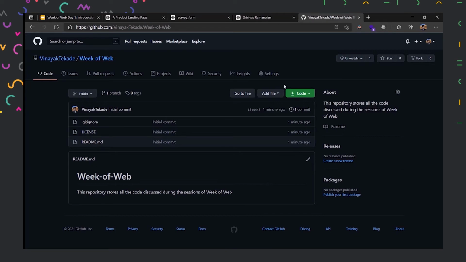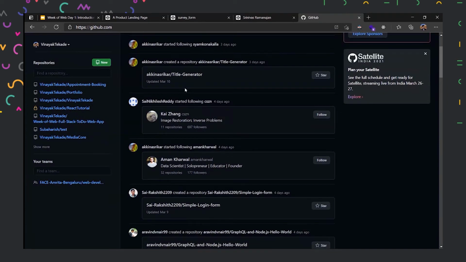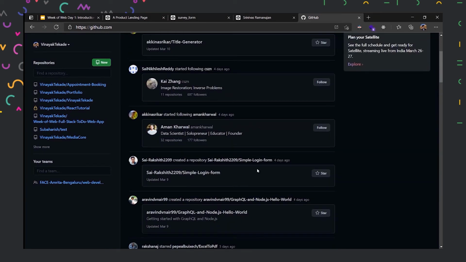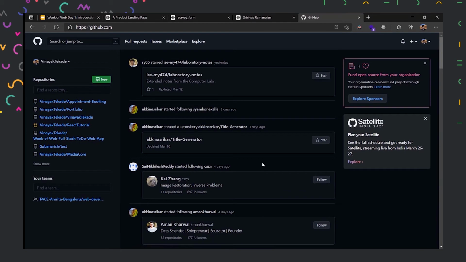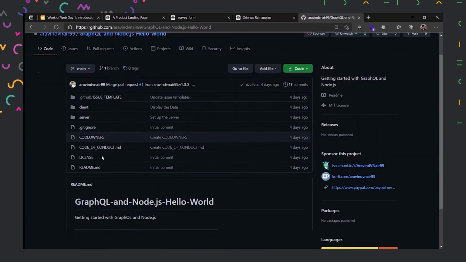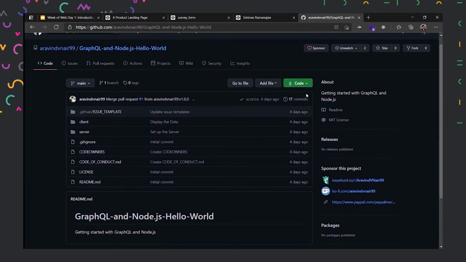Also, now if you notice, we have the GitHub homepage. If you are following me, then you will notice all the notifications of the activities of your friends, how they are working, if they started following someone else. All these things are there. So you could use it as social media as well. And let's say I like someone's repository a lot. So let's say Arvind created this repository recently, 4 days ago. If I like his code and I would like to contribute to it, what I could do is, he has given an MIT license as well. I could use his code.